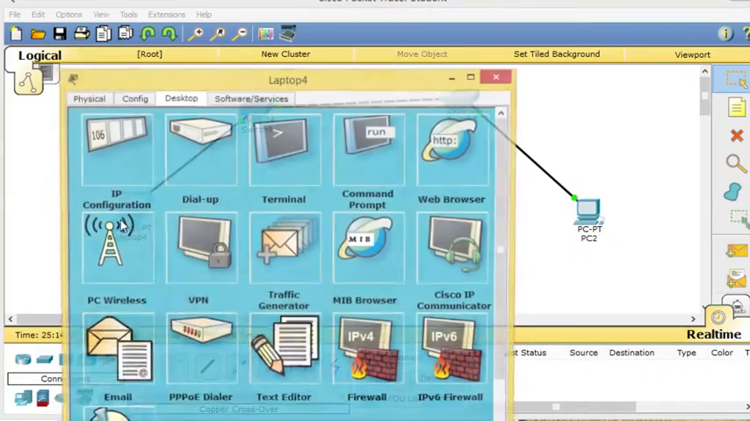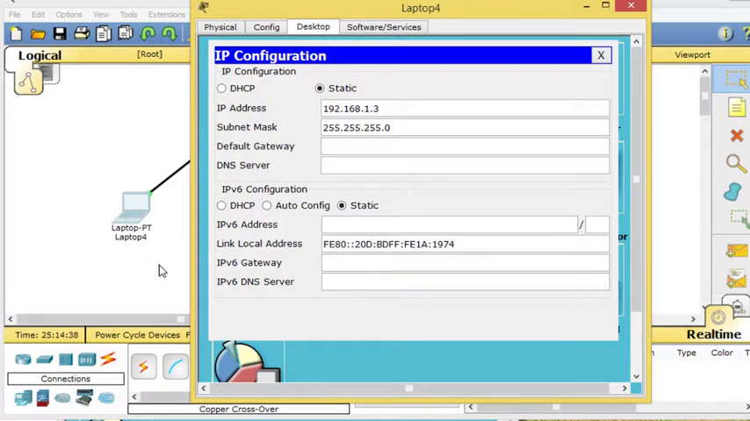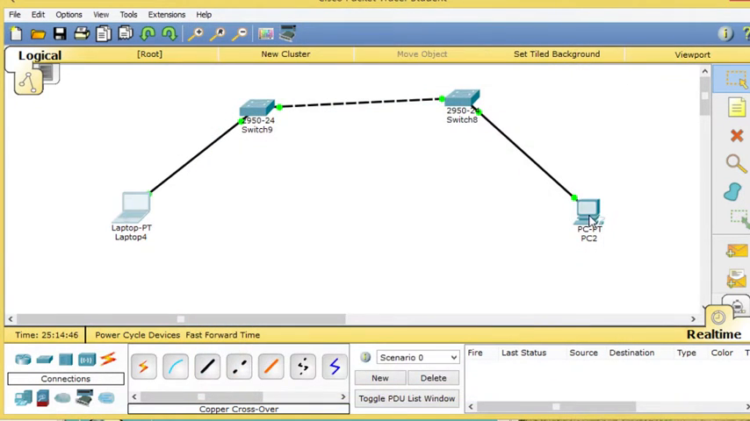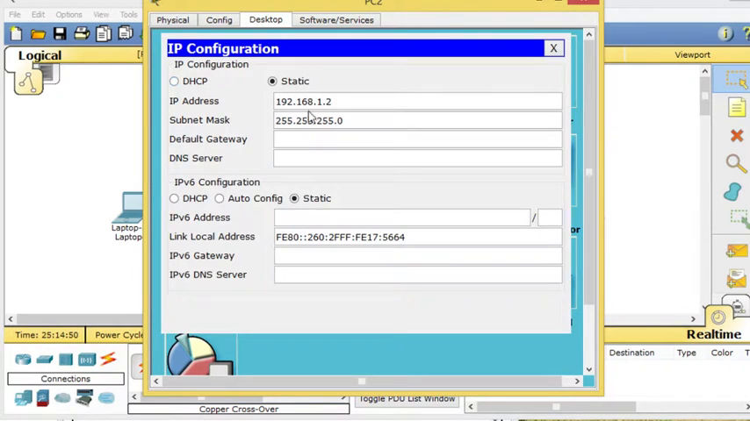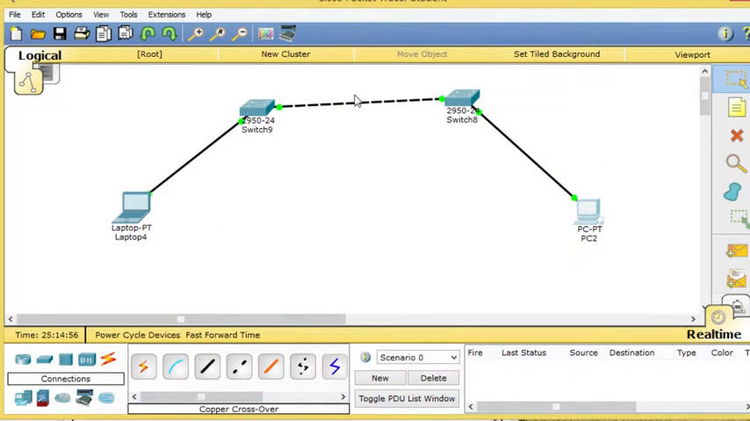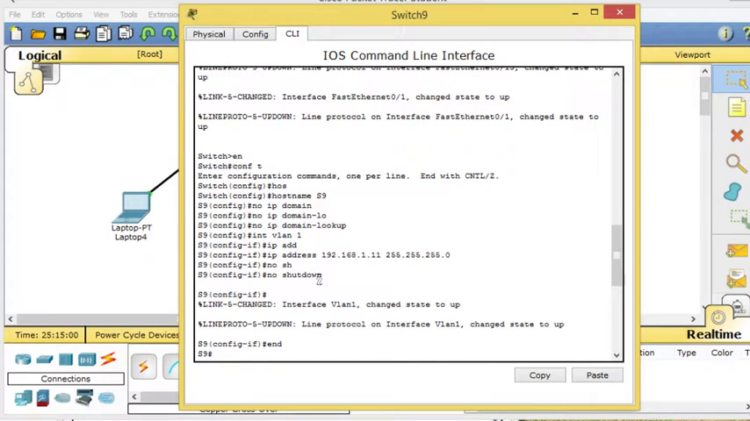So firstly we want to just go through on laptop 4, also known as laptop 1 for me. We've got the IP address of 192.168.1.3, and on PC2 we've got the IP address of 192.168.1.2. Okay, now once that's done, we need to go over to switch 9, and we use all these commands